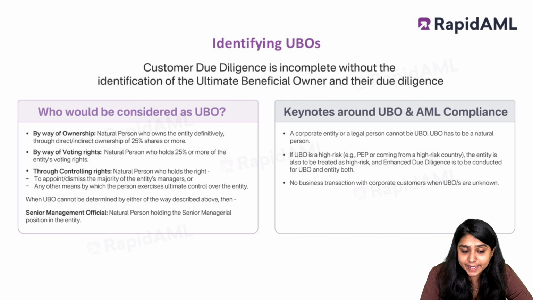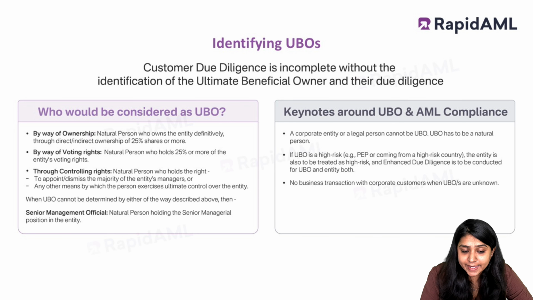So you will have to reach that one individual, going through all of these structures, to reach the person who is ultimately holding the stake in the company. When I say that senior management would be considered as the UBO when all of the above three tests fail, it's important to understand that there's a thin line of difference between the first situation, where you apply the test and you don't find the UBO and then you consider the senior management,